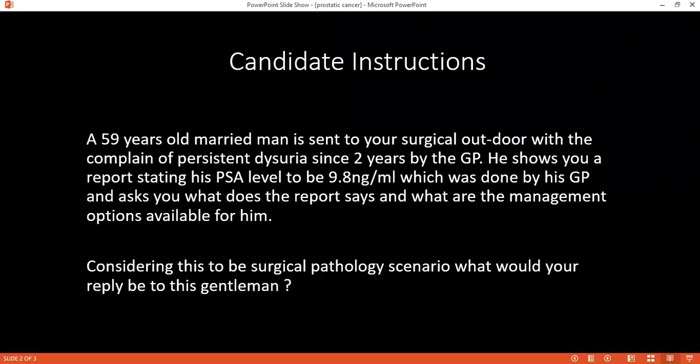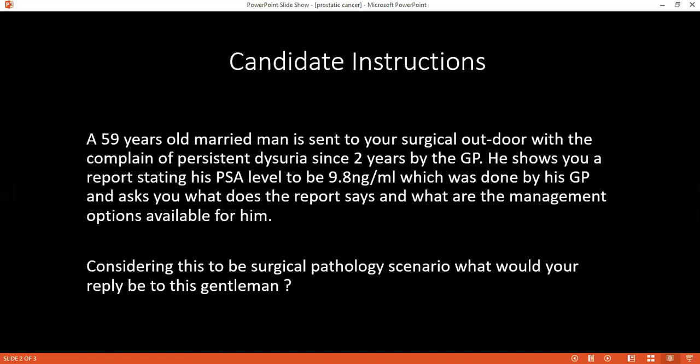If you have read and understood, kindly tell me how would you manage the patient? What would your reply be? Ma'am, in this gentleman's case, in view of persistent dysuria and a report suggesting an elevated PSA,